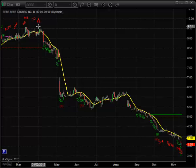After the Seeker exhaustion signal was recorded, we did break the 10 EMA here on a closing basis, and then the stock did proceed to fall apart, which was what the Seeker was predicting. It leveled off here for a little while during the summer months, and then had another breakdown. It had a couple of Seeker setups before it ultimately went into the Seeker countdown mode, which is the red numbers